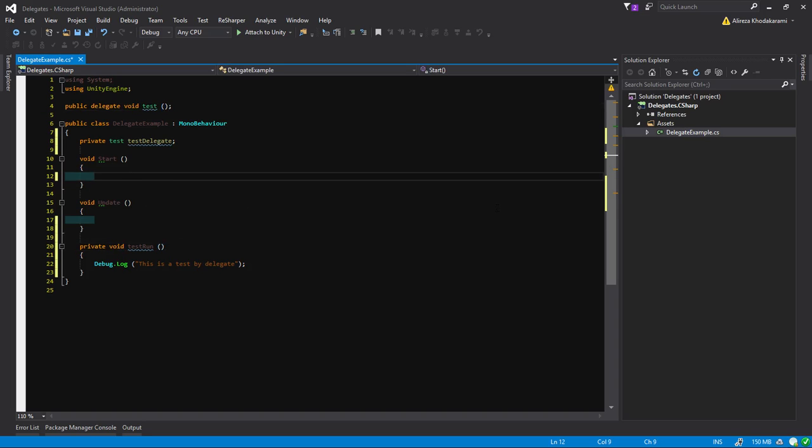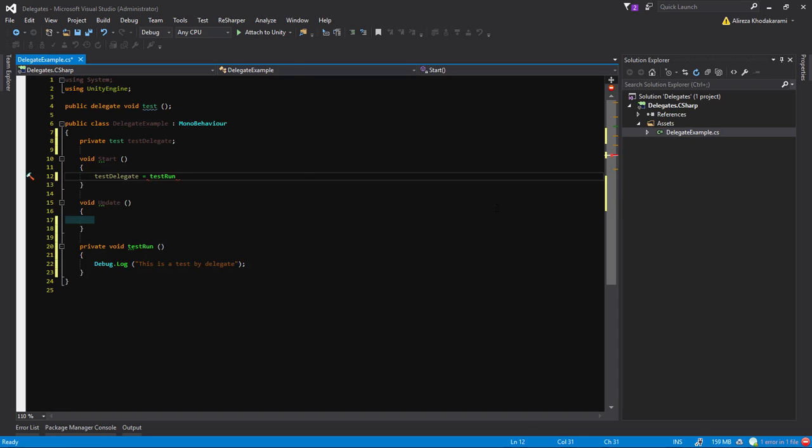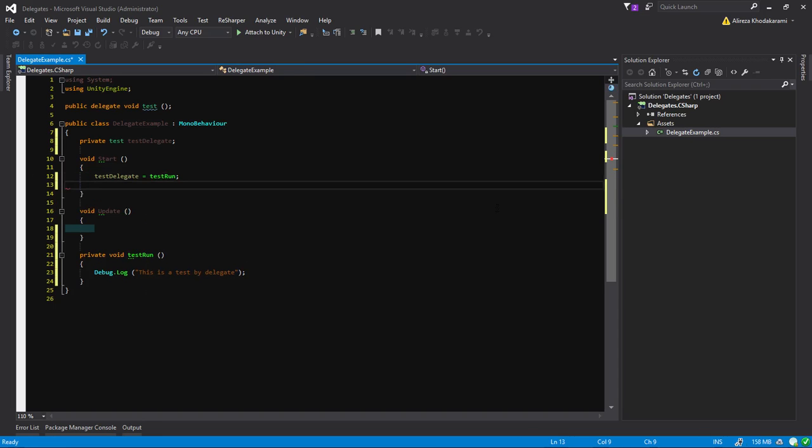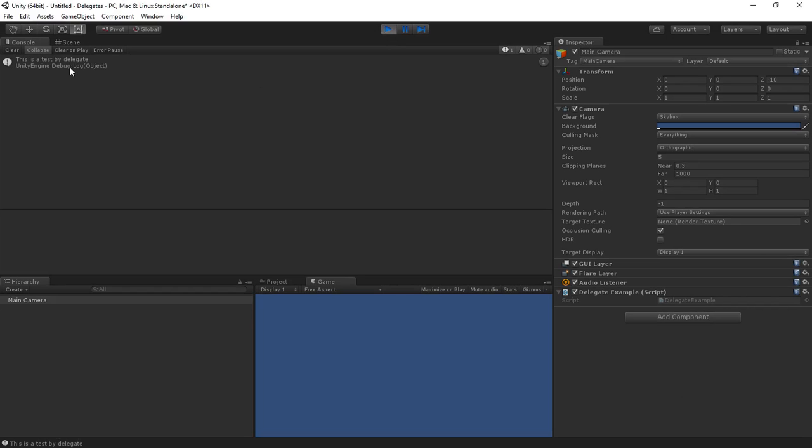Now on start, I can say test delegate equals our test run. And I can say test delegate and run it like any other normal method. If I come back to Unity and let it recompile the code, and run it, you get the message